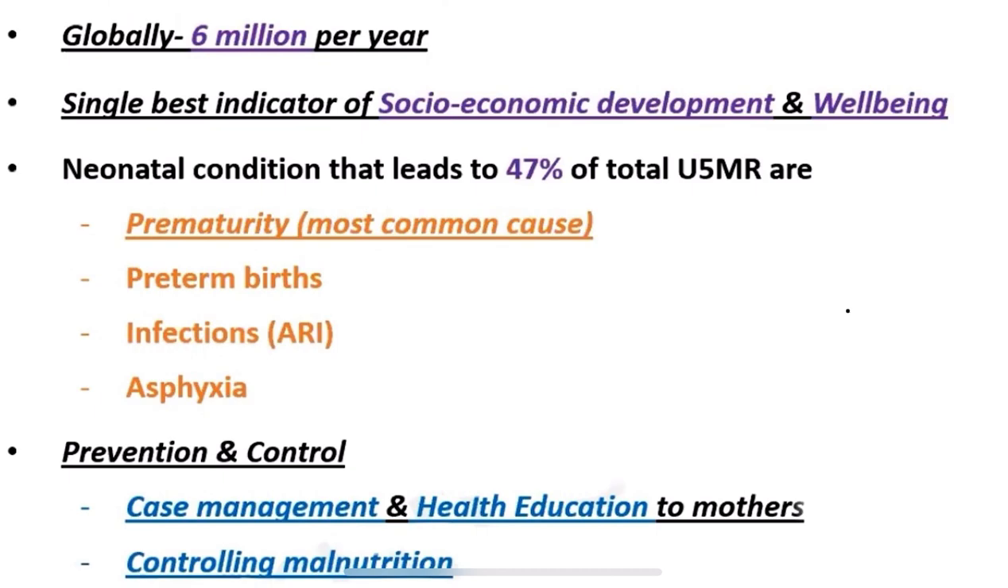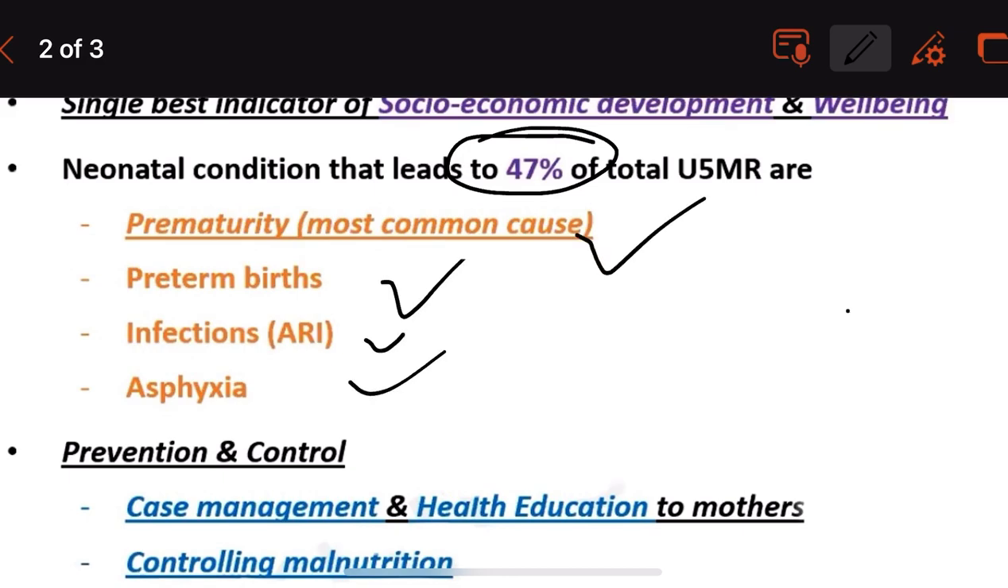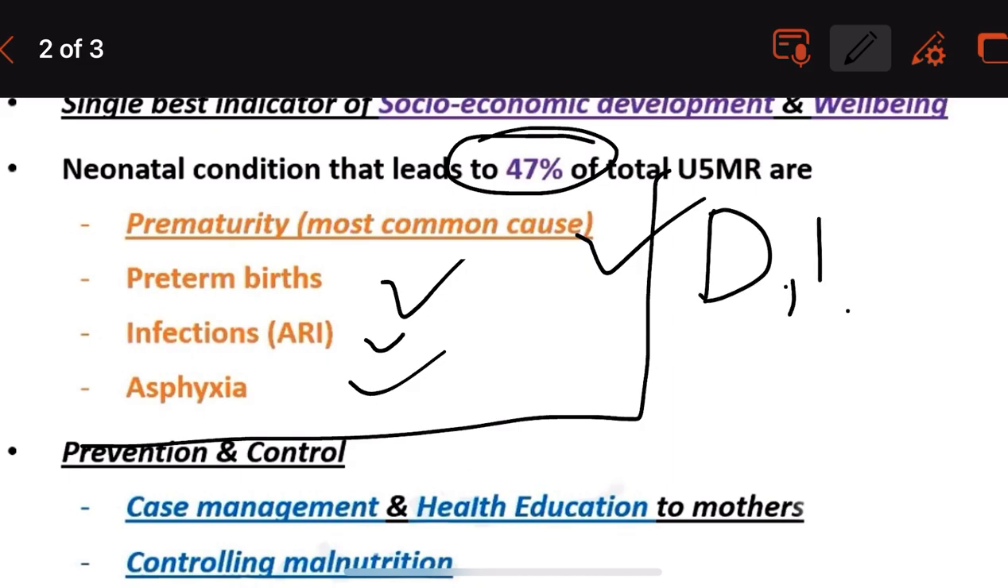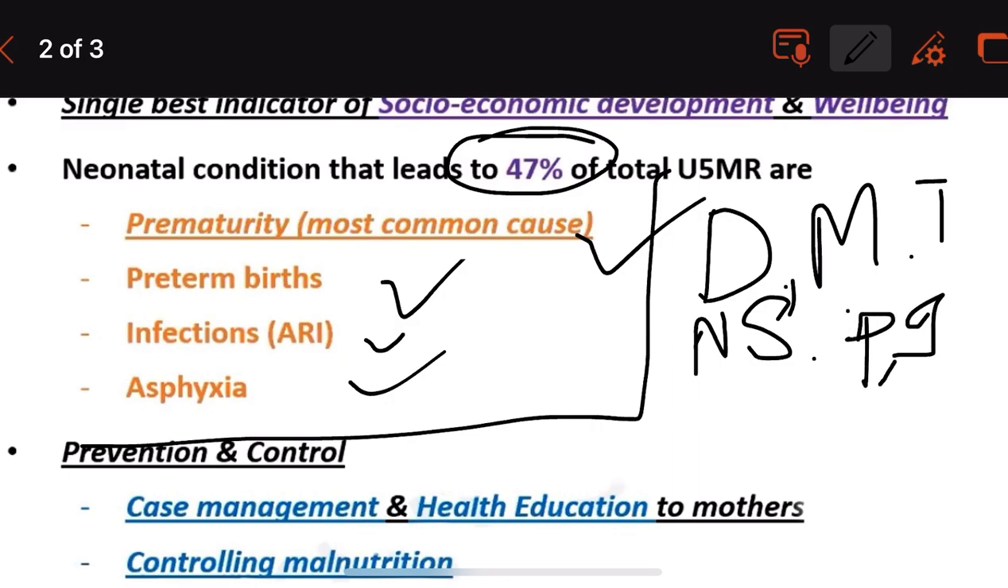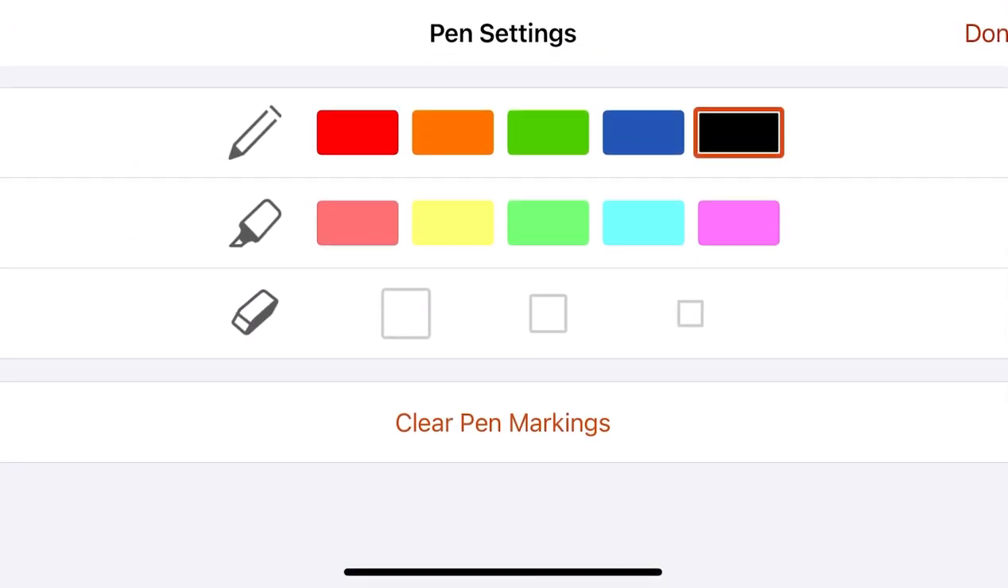Now when they ask the most important causes, that is 47% because of prematurity, preterm birth, infection, asphyxia. In addition to this, you can write diarrheal diseases, malaria, then what else did we study? The tetanus, neonatal sepsis, then the preterm complications, intrapartum complications. Preterm complications are preterm births and prematurity. You can write down the intrapartum complications, meningitis, and regarding this